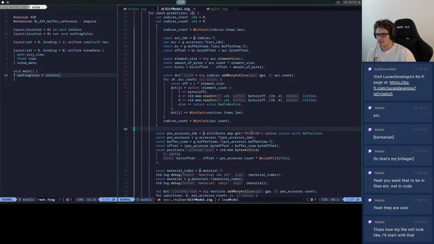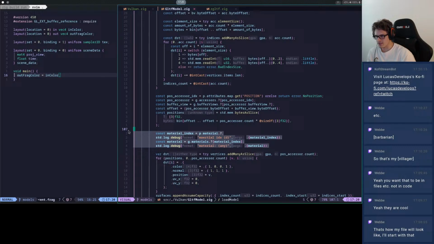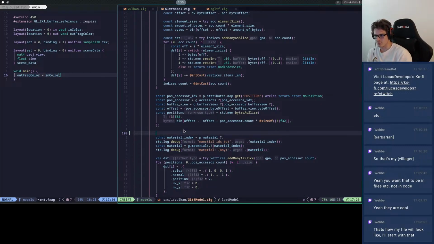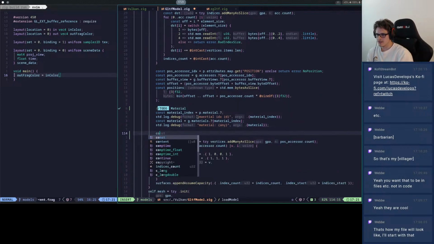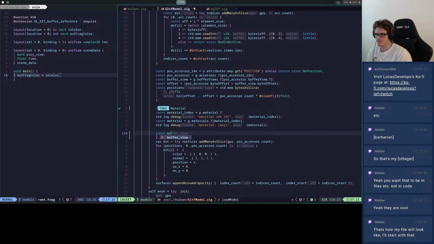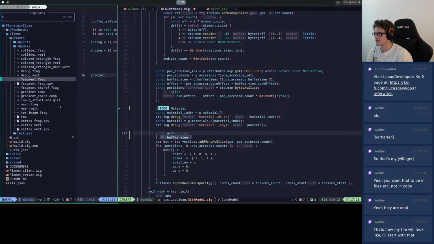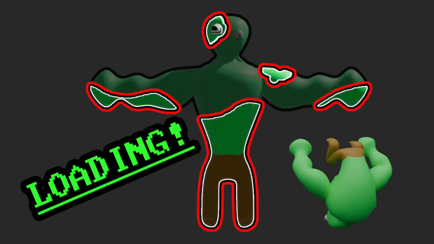So we do get the positions. Here I'm trying to get the material. We're still on the to do materials. To do material. We're still gonna get it done, but for now that will be it. And then we'll do const UVs. UV, is it the accessor as well? We're gonna keep that one as